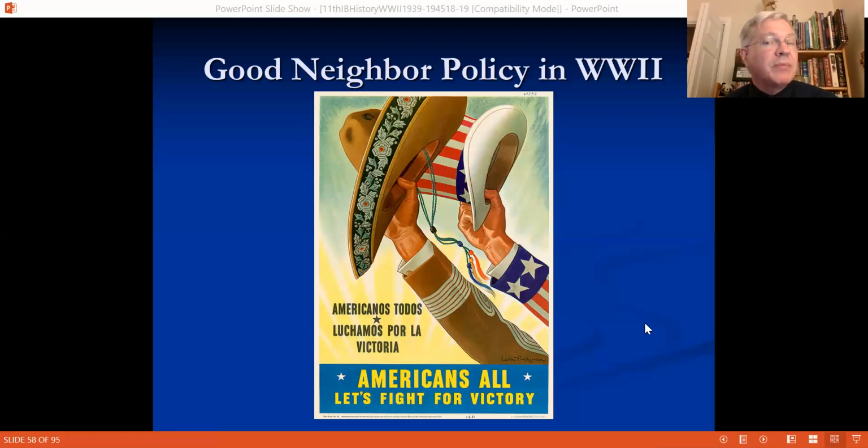Although probably Chile and Argentina, write those two countries down, Chile and Argentina, they had some sympathies toward Germany, in part because of a lot of German immigrants that had moved there in previous years. And so there were some sentiments there as well. Some of the countries actually had semi-fascist regimes. That didn't necessarily mean they were going to support fascist regimes like Italy and Germany, but nevertheless, some of their governments had some resemblance to that.